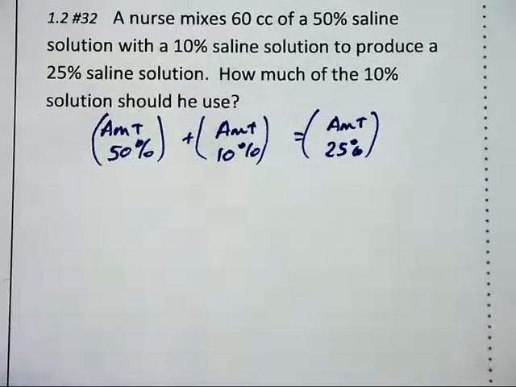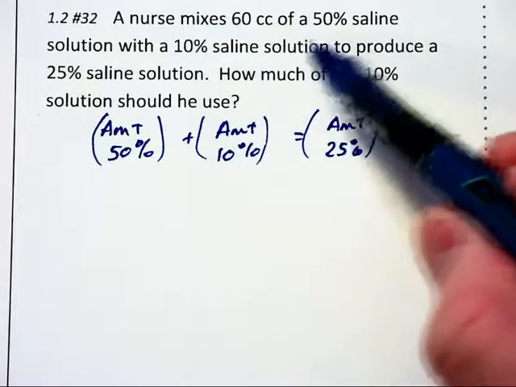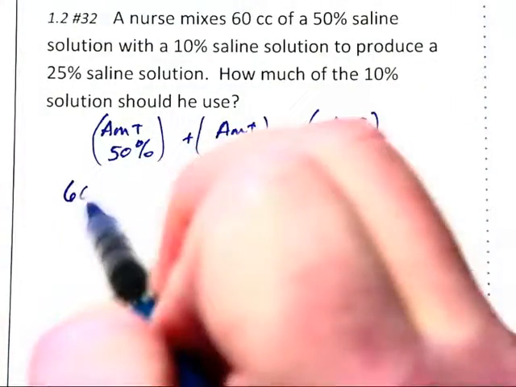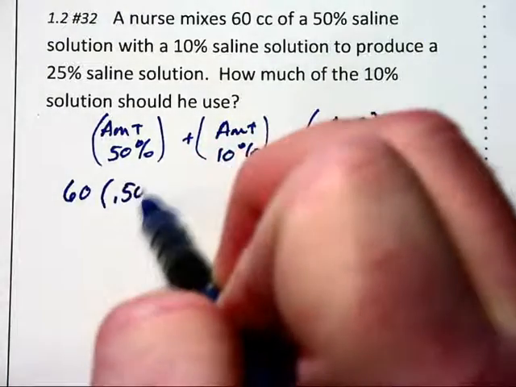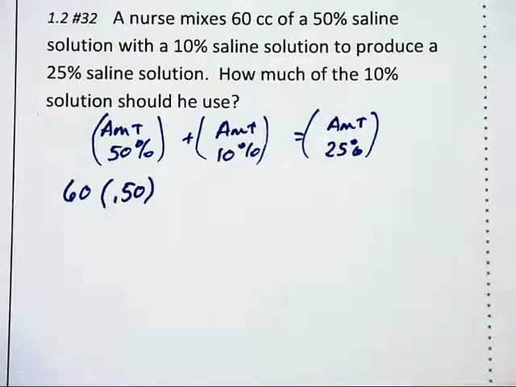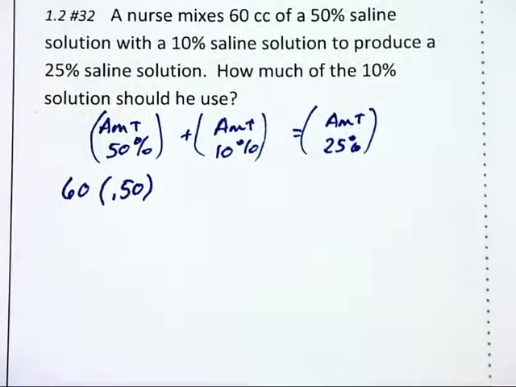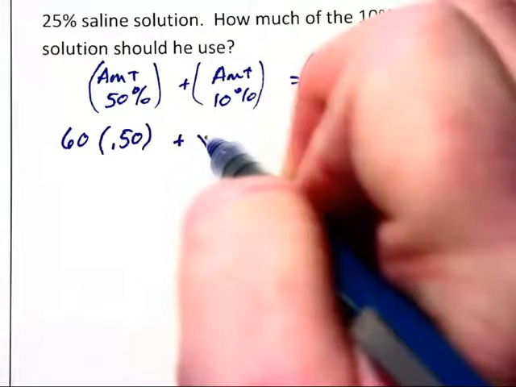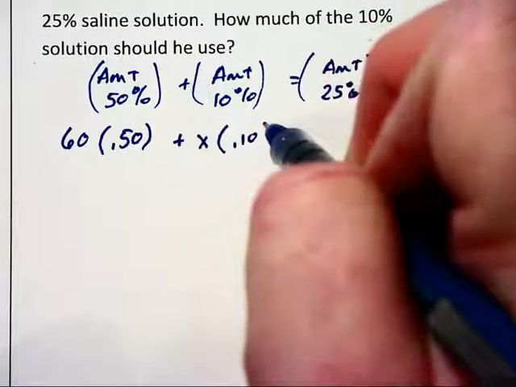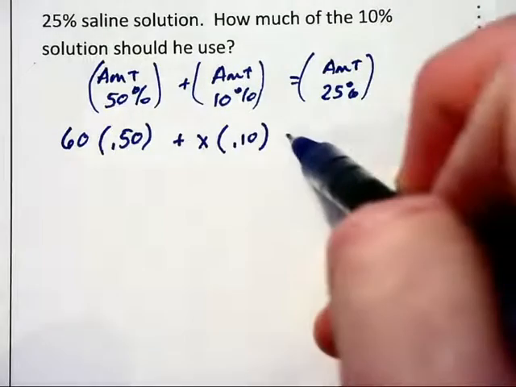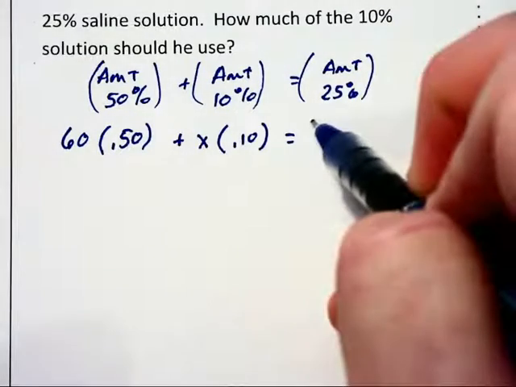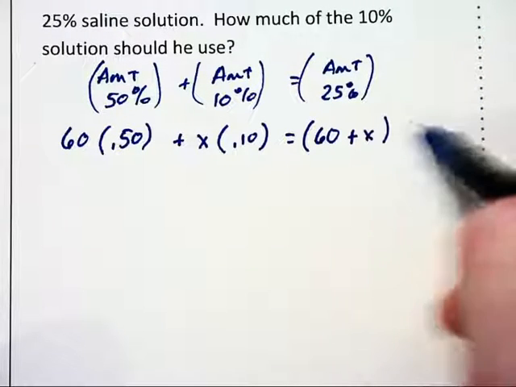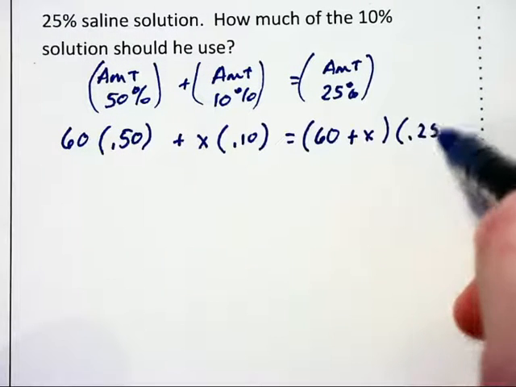Okay, well, we begin with 60 cc's of a 50% saline solution. Well, 50% of that 60 cc's is salt. So we're going to multiply 60 times 0.50. We don't know how much is being added, but we do know that it's at a 10% salinity. And the amount of the mixture will be the 60 cc's plus the amount that was added with a 25%